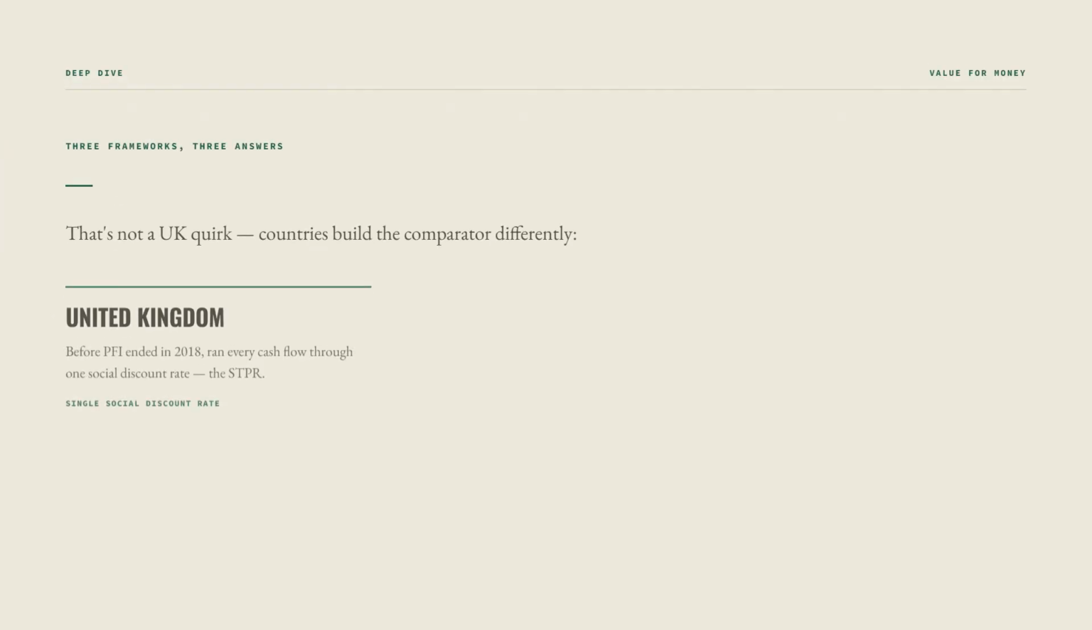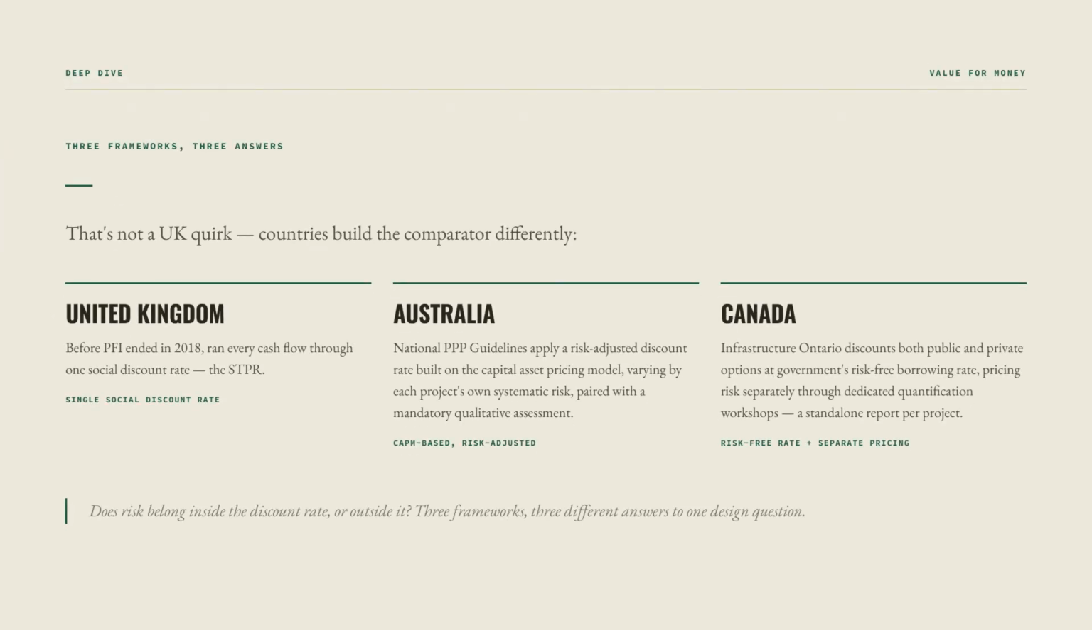That's not a UK quirk. Countries build the comparator differently. The UK's approach, before PFI ended in 2018, ran everything through that single social discount rate. Australia's national PPP guidelines take a more granular route. A risk-adjusted discount rate built on the capital asset pricing model, varying by each project's own systematic risk, paired with